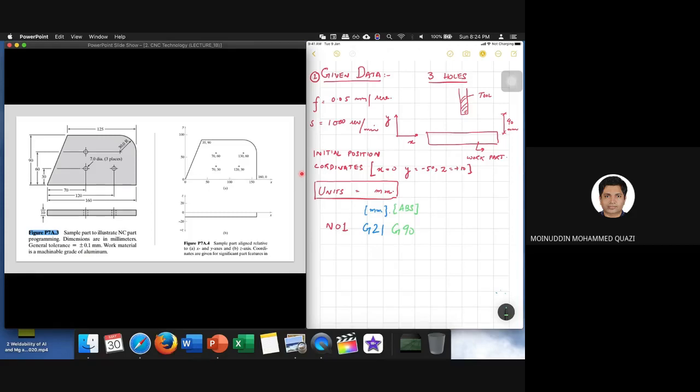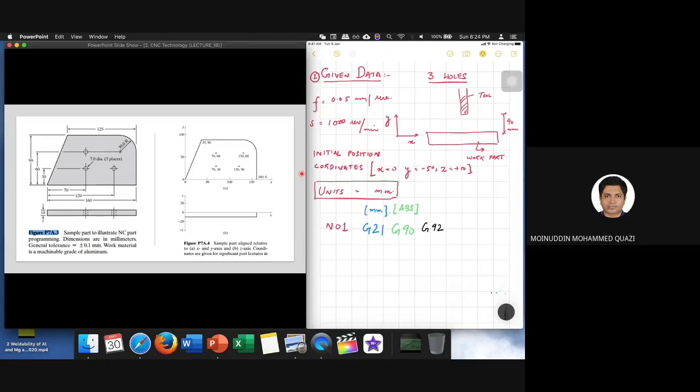Now I need to tell the machine the coordinates which have been given. To specify coordinates, you can go to the G code table and see G92. G92 specifies the location of the coordinate axis relative to the starting location of the cutting tool used in milling and drilling. So now I have to tell the machine, please follow these coordinates. I will be writing G92, specify location of the coordinate axis system origin.